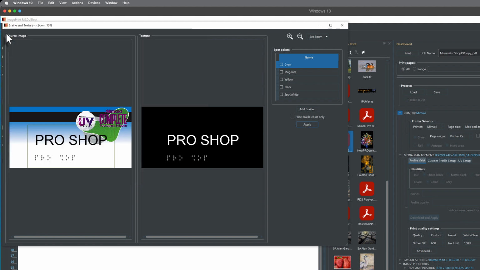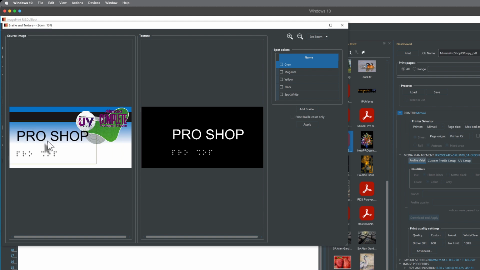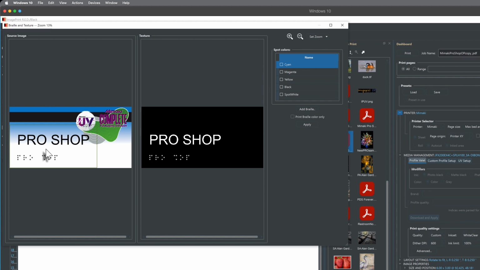So I'm going to hit my checkbox here, and now I have my Braille, which I can move around and position. So the outline of the Braille is the actual guardrails for my spacing from my sides, my top and bottom, and also from any other raised object. So I have my Braille placed exactly where I want it, and then I'm going to say print the Braille color only, which drops out that background, because remember we printed that on the back side, and I'm going to hit apply,